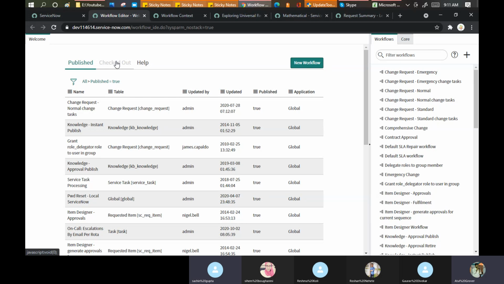But you're sitting idle at home and someone says, I need your car. You can take it, no problem, because I'm not using that. Or I have another car already available, so you can take my car. So publish means those workflows which are already published and we are using.